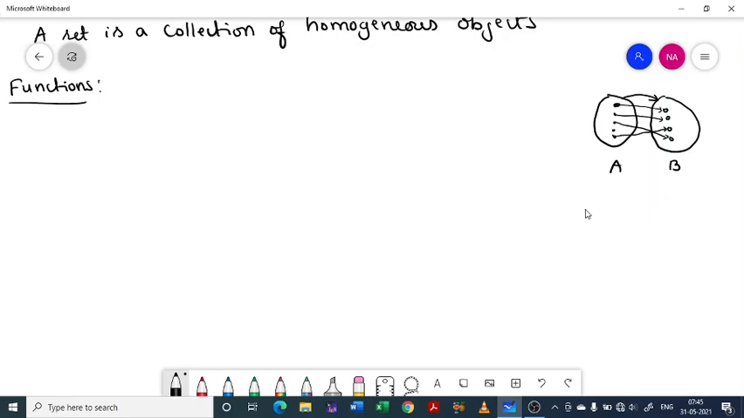Now any such relation between two sets A to B such that every member of A is mapped to a unique member of B is called a function. So that is the difference between relation and function. So if a relation from A to B is called a function, if it relates